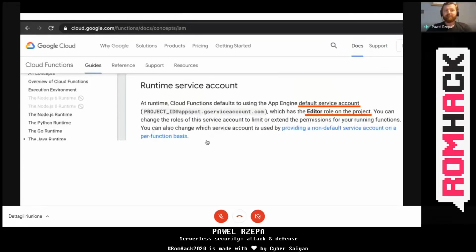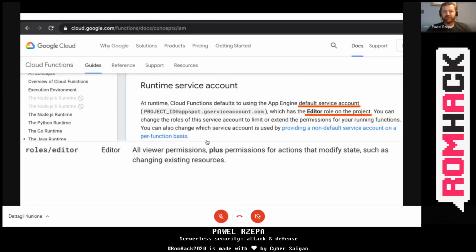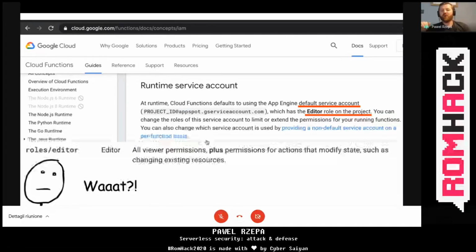Well, surprisingly, every GCP function by default runs under the service account editor role. And the editor role means that you have almost full read and write permissions to all resources in this particular GCP project. So basically, if you compromise just one GCP function, then you can do almost everything in this GCP project with the right permissions.